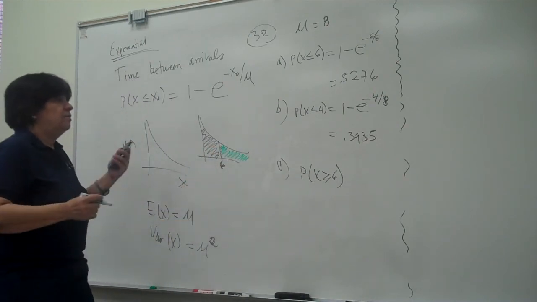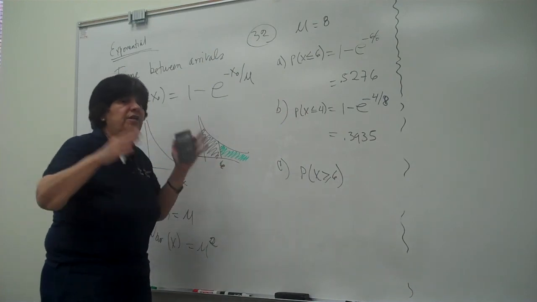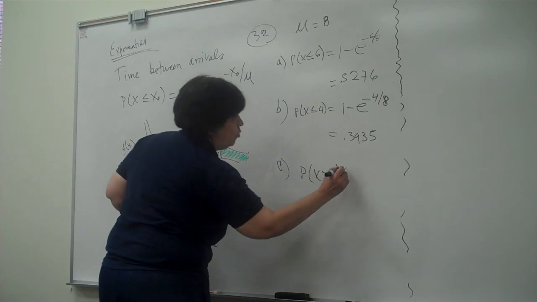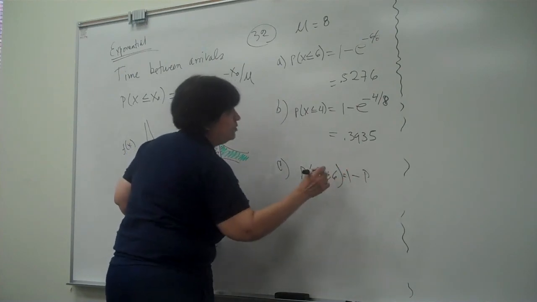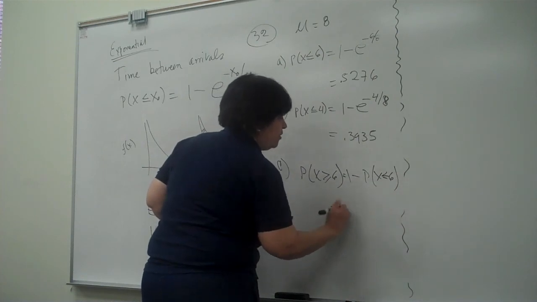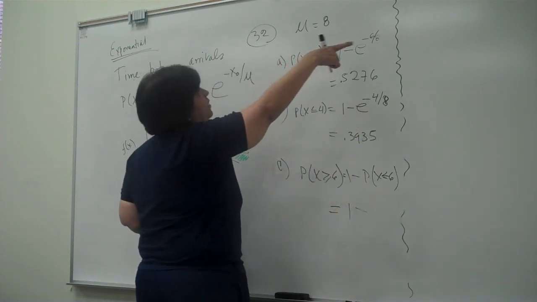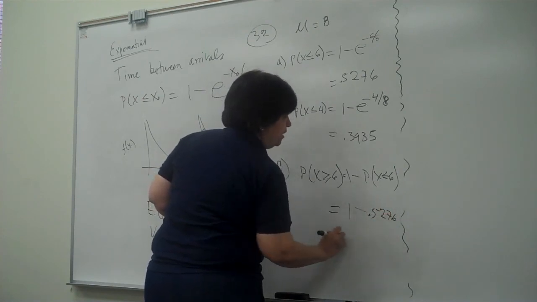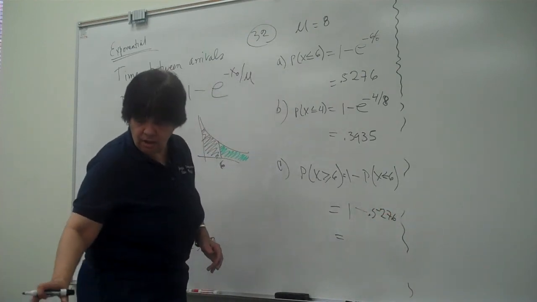Since everything has to be equal to 1, this is equal to 1 minus the probability that x is less or equal than 6. So it's equal to 1 minus, and we already have the probability for less or equal than 6, 0.5276. So that is equal to